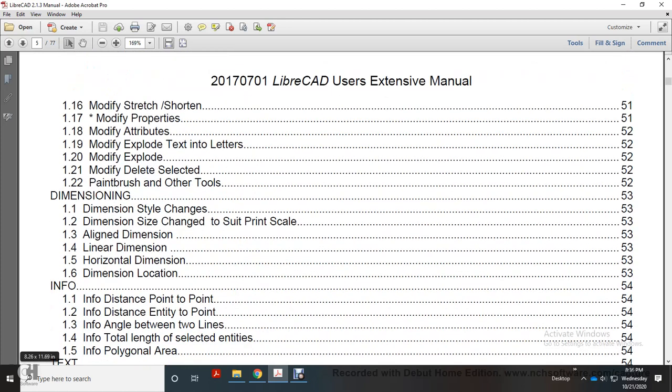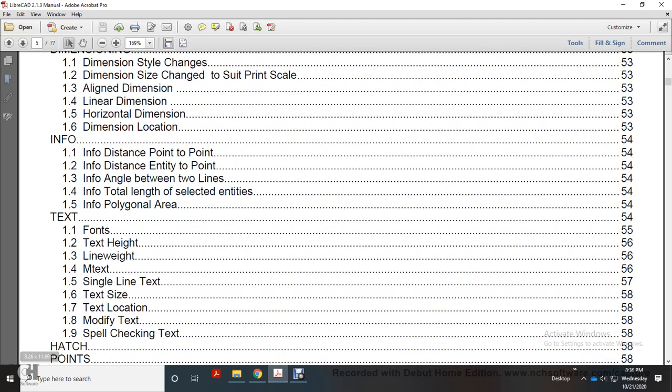dimension, dimension style, change the dimension size, change in suit, print, scale, align, dimension, linear dimension, horizontal dimension, dimension, location, info distance, point to point, info distance, and to point, info angle between two lines, info total length of selected entities, info polygon area, text, fonts, text height, line weight, M text, signal